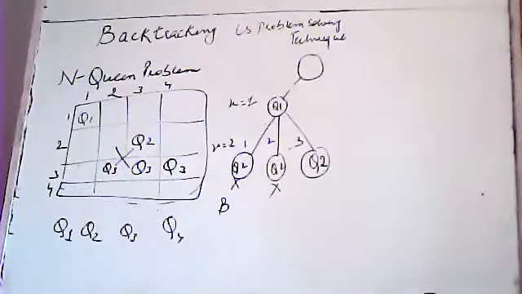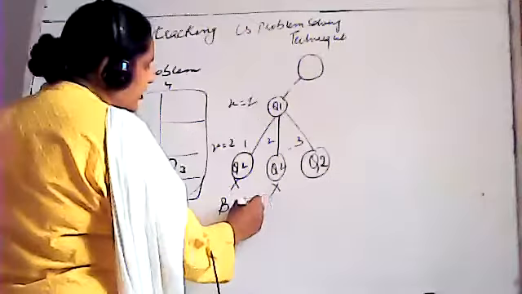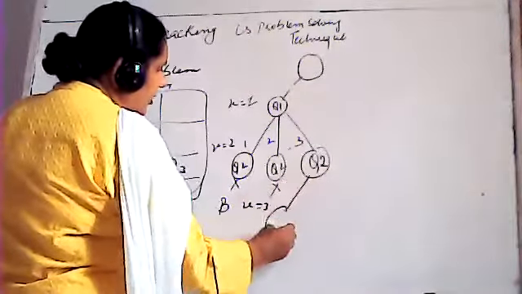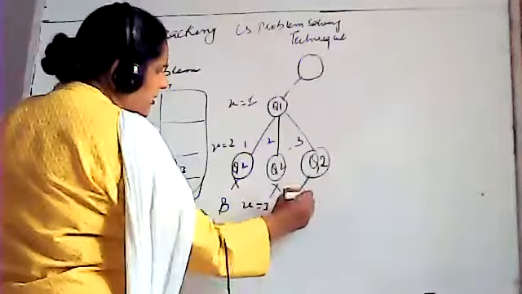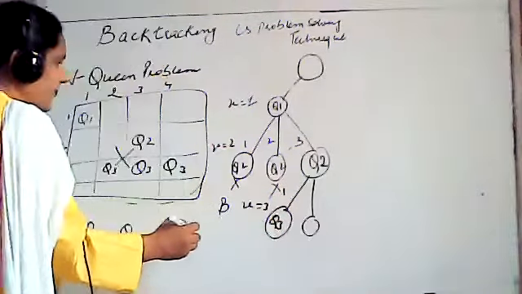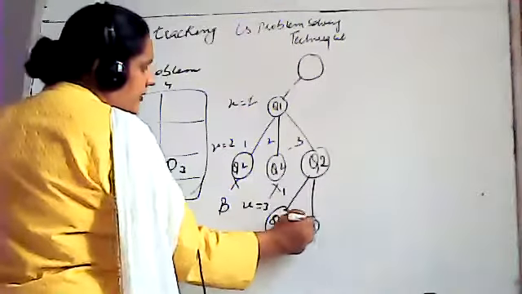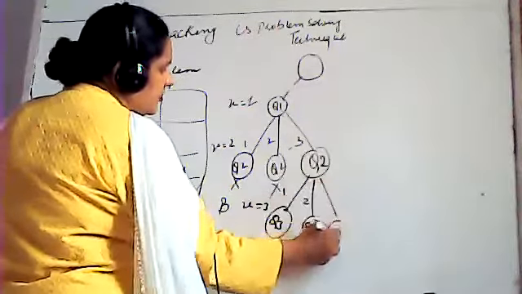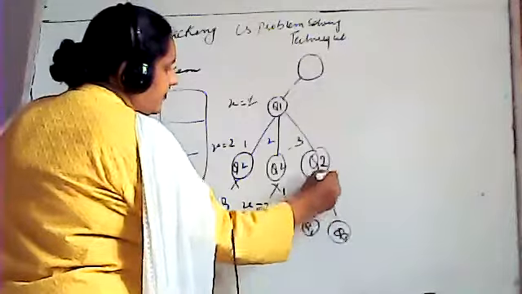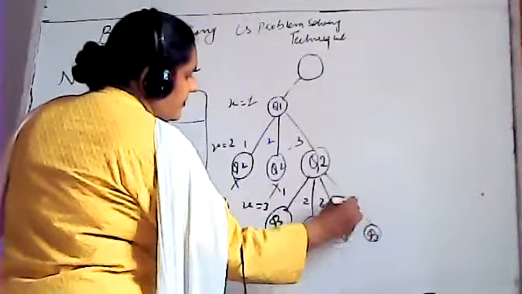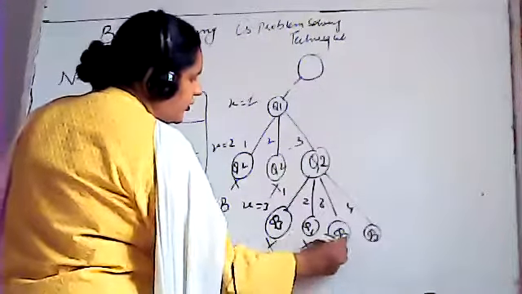No. Why can't we put it? Because they are in the same diagonal. This means for x is equal to 3, we cannot put Q3 in the first column or second column, neither in the first nor in the second, we cannot put it anywhere. Yes or no? Stopped by the bounding function.